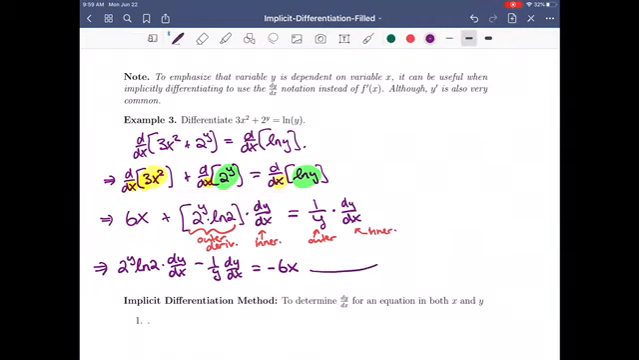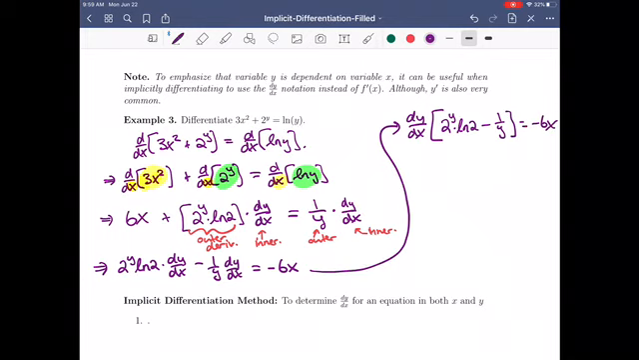Okay, now I can factor out the dy dx from the left side, and I have 2 to the y ln 2 minus 1 over y, and that should be equal to negative 6x. And then I can divide by that, so dy dx should be negative 6x over 2 to the y ln 2 minus 1 over y. Now, you can leave it like that,